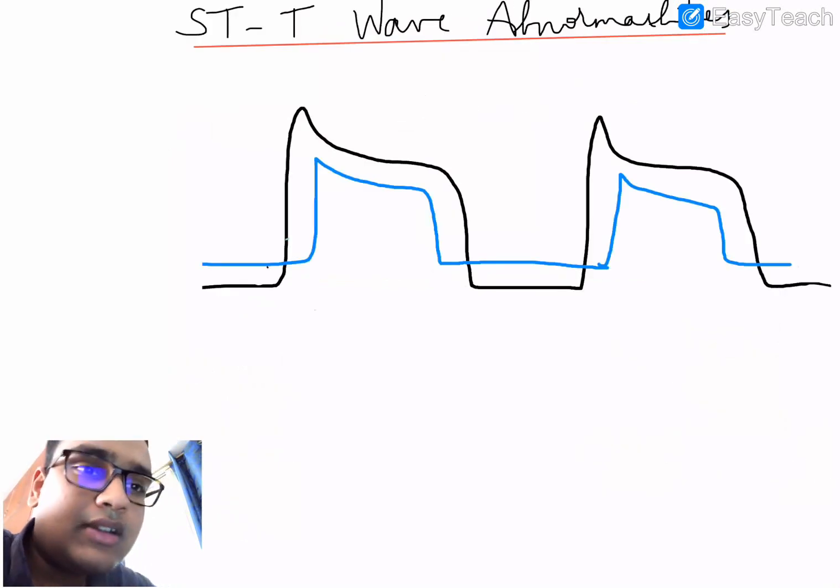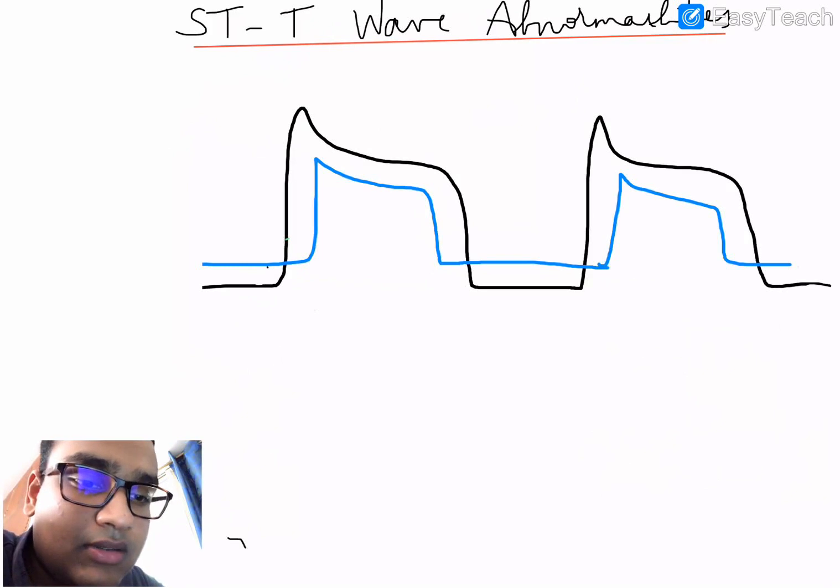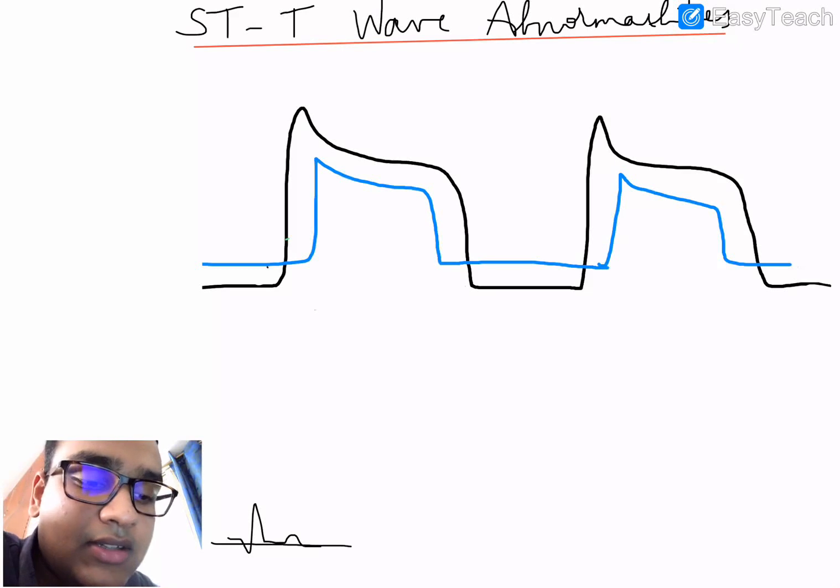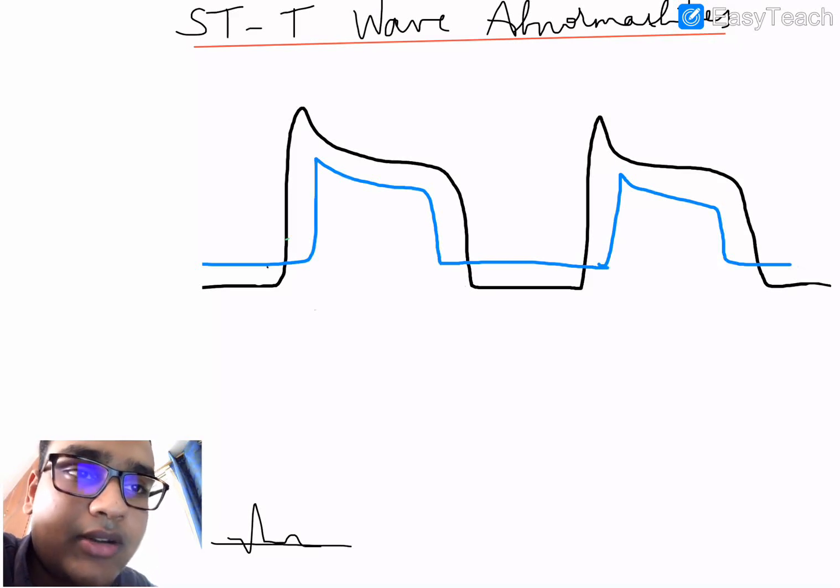Now let's learn why there is ST segment elevation and what are the other changes in ECG which are seen in MI. As you all know, normally the ST segment is isoelectric. That means normally it is in the baseline. Why is it in the baseline? Because the sum total of electrical vectors in that time period is 0. So ST segment is isoelectric.